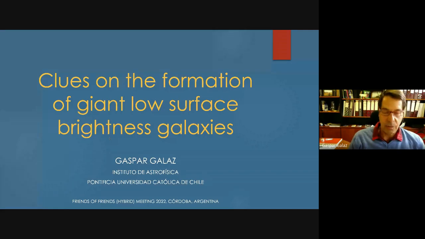Giant, and why this is interesting for the angle of the models, right? Most of the people in this conference, I know, are experts in models of galaxy formation and evolution, and it's time at last to talk about these low surface brightness galaxies in the perspective of models. Perhaps 20 years ago, even less, I mean, 8, 10 years ago, it was very difficult to model this kind of galaxies in the context of galaxy evolution.